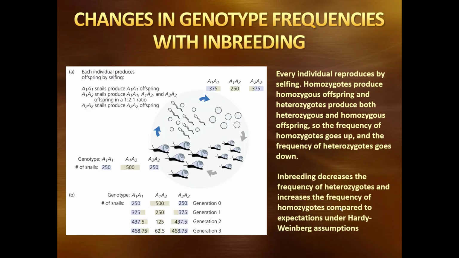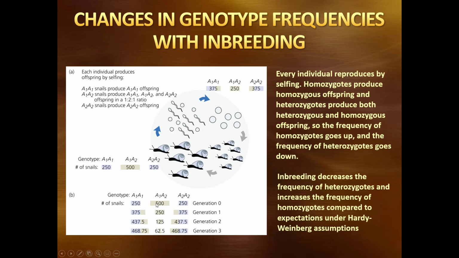Okay, so in this slide, what we're seeing is essentially a very extreme case of non-random mating. What you have here is a population of 3 different genotypes, and we're going to make this population become hermaphroditic. So basically everyone self-fertilizes. A1 mates with itself, A1 mates with itself, A2 mates with itself. An extreme case of non-random mating. And we can see down here on part B that initially it was in Hardy-Weinberg equilibrium.